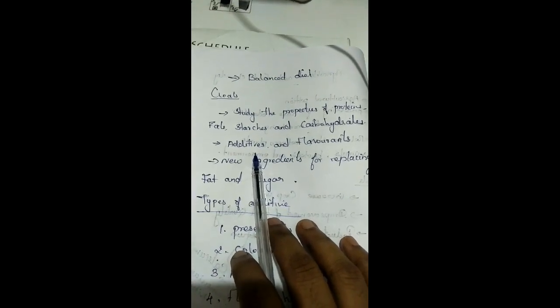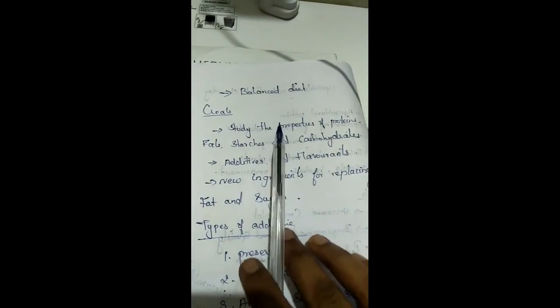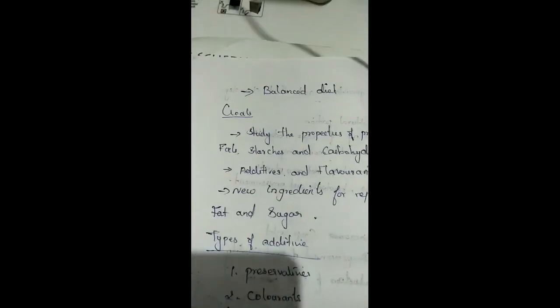Carbohydrates, proteins, vitamins and minerals, these only we will consider as nutrients. So their goal is the food should contain a balanced diet, and they have to produce good nutrients for the human beings. In addition to these nutrients, food also contains different types of additives and flavorants.